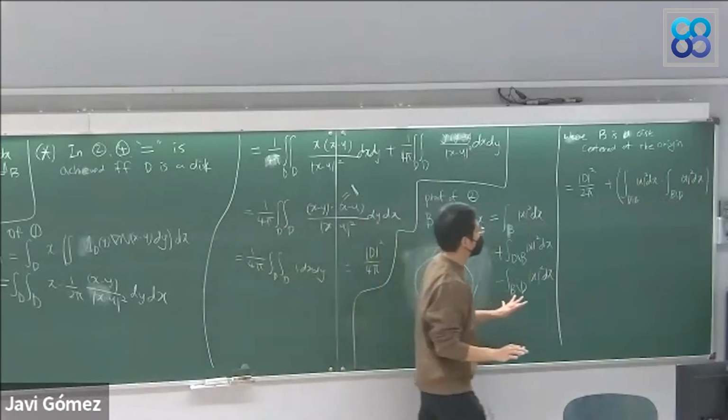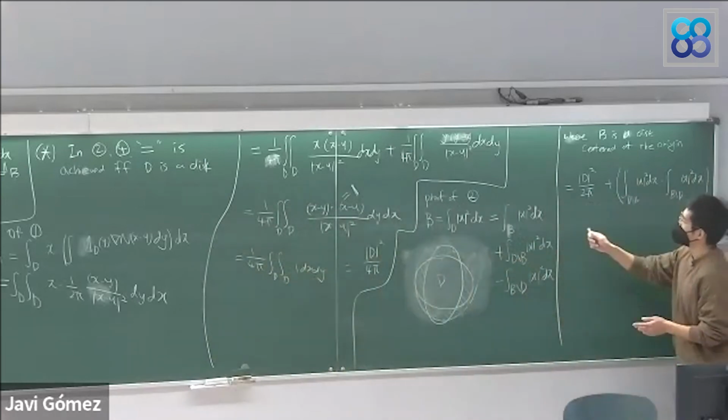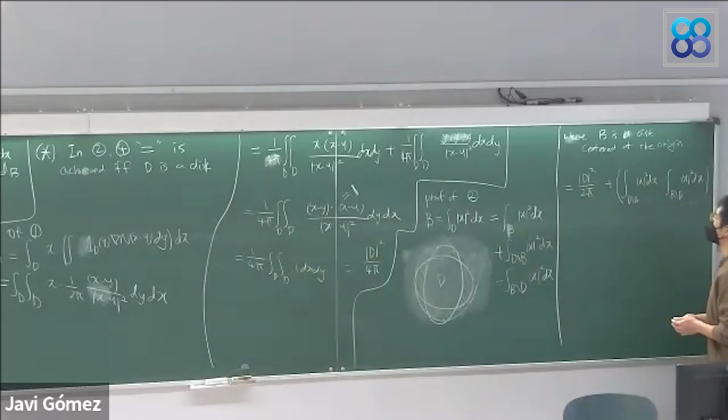There's nothing I did; I just replaced the first term by the square root of 2 pi, and then we have the terms in here, and